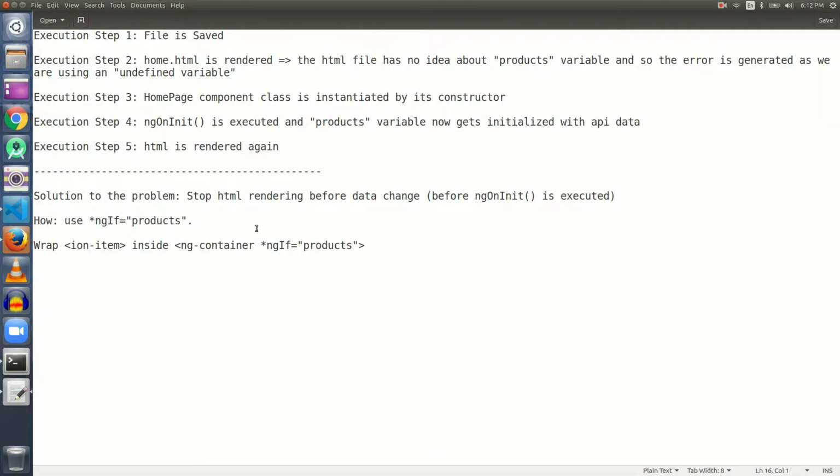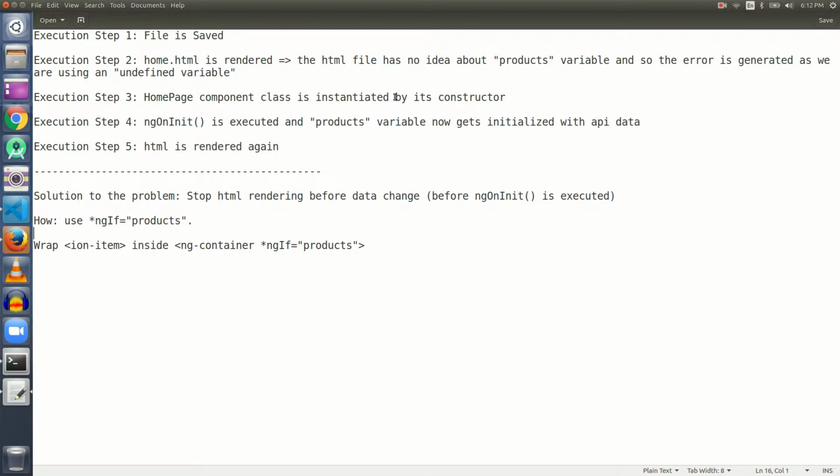See what happens when a component is loaded after we save the file. File is saved, at home page home.html is rendered. The HTML file has no idea about the products variable, and so the error is generated as we are using an undefined variable. After this HTML is rendered, the home page component class is instantiated by its constructor.